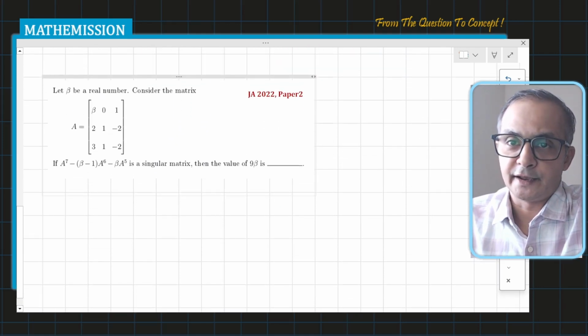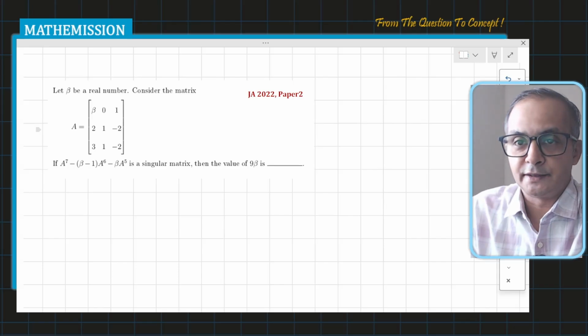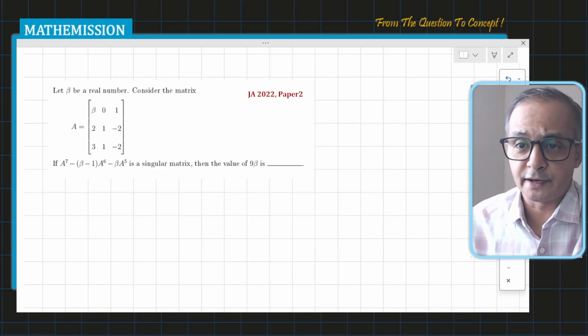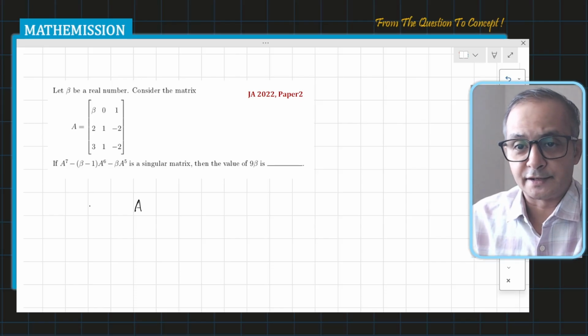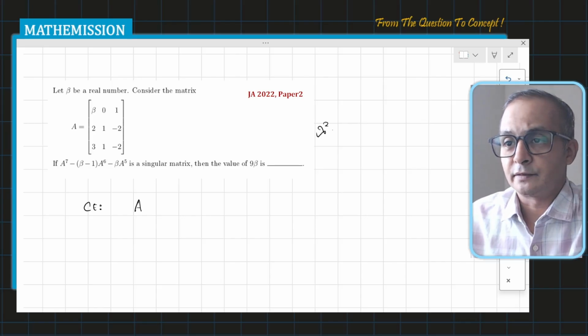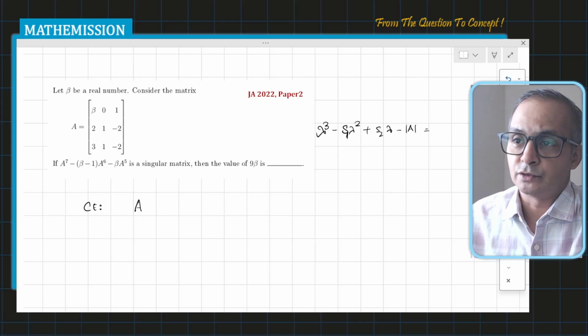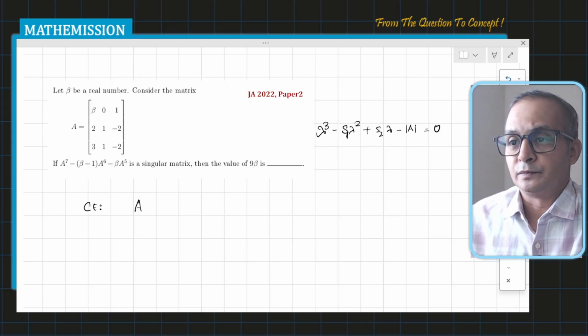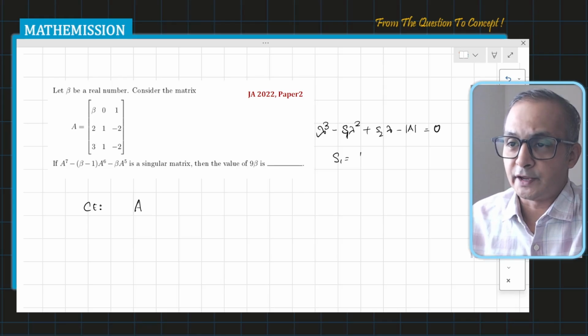The idea is this: if I have this A matrix, a 3 by 3 matrix, then for a 3 by 3 matrix the characteristic equation is lambda cube minus S1 lambda square plus S2 lambda minus determinant of A is equal to 0. What is S1? S1 is the trace of the matrix,